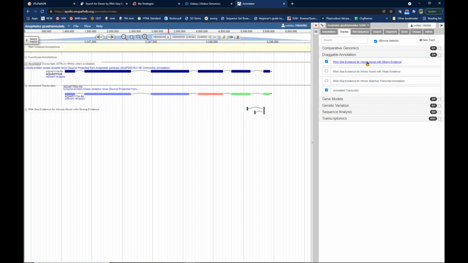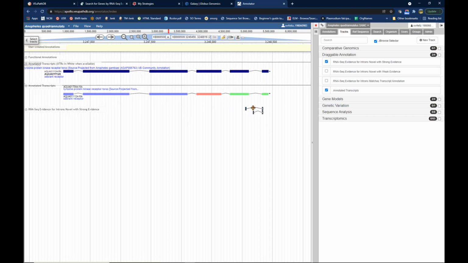We've actually analyzed all of the RNA-seq data in our vector-based DB and come up with a track that shows alternate introns and alternate exon spacing based on the RNA sequence data. So we can turn that on, and then anytime you want to make a change, all of these tracks are draggable, and you should be able to